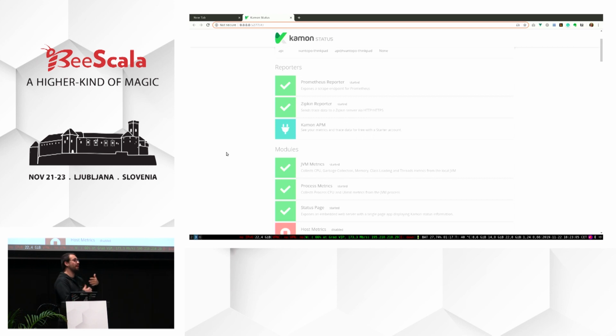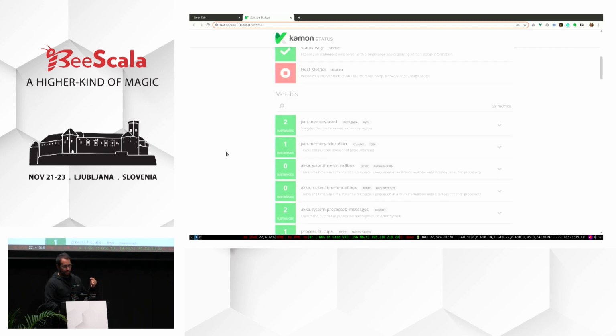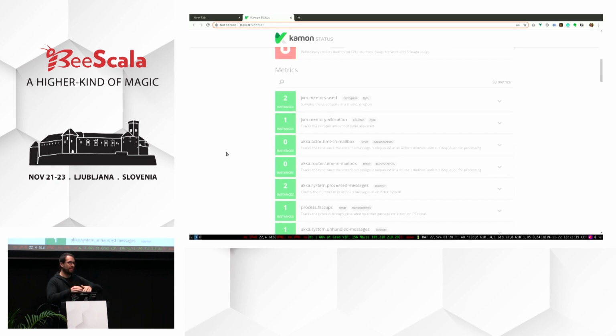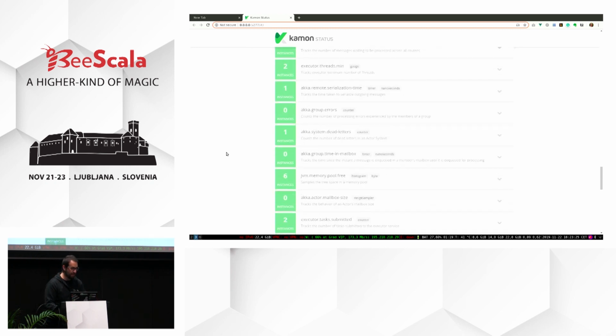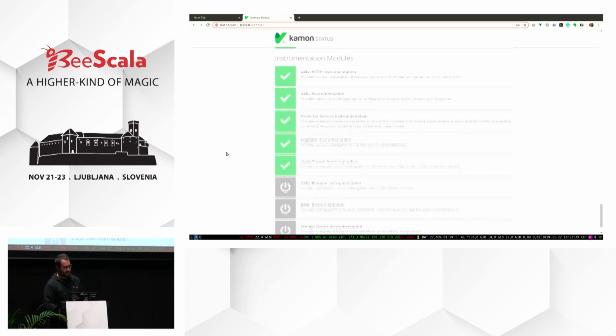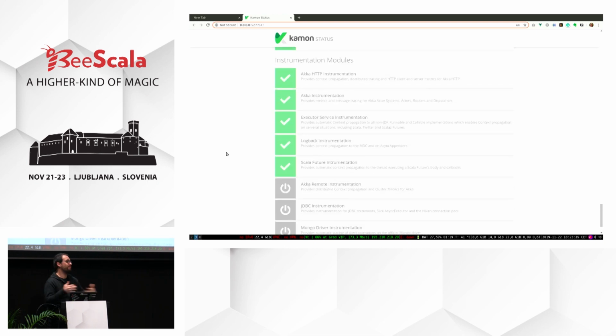So it is already collecting metrics for the JVM, all these things that we talked about, like garbage collection and so on. And you can see here a list of all the metrics that currently Kamon is gathering for your application. And finally, down here at the end of this very long list of metrics, you can see the modules that were active for this application.